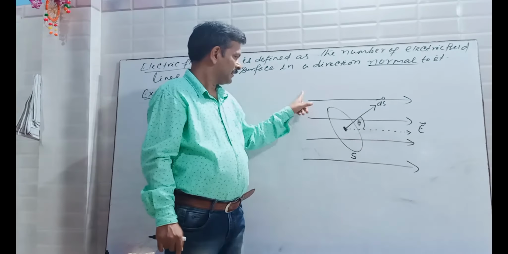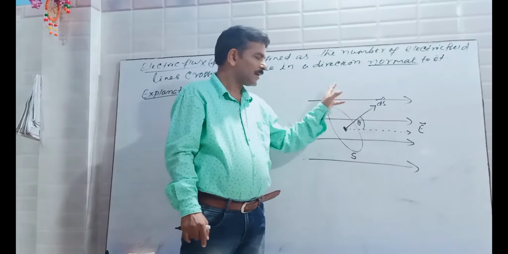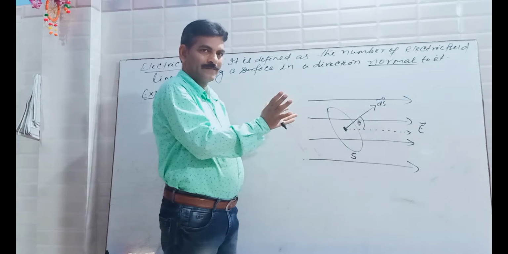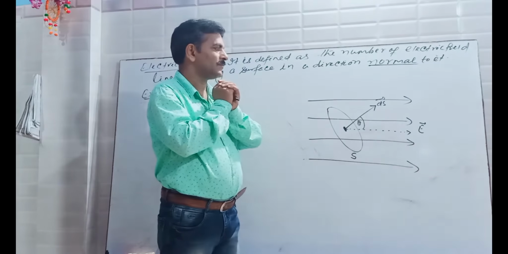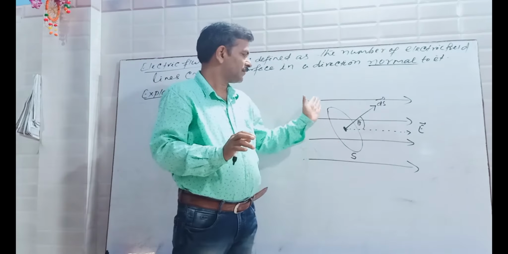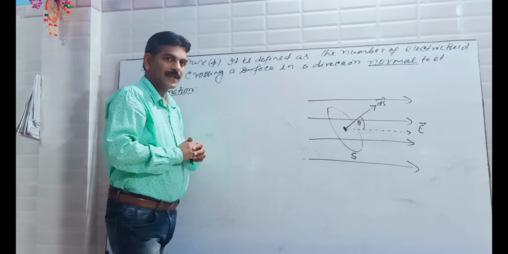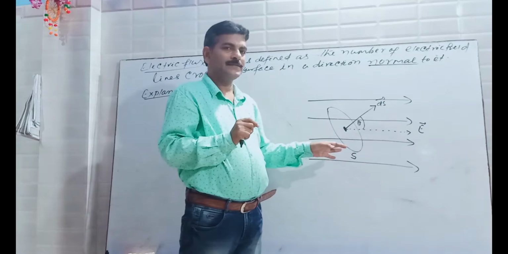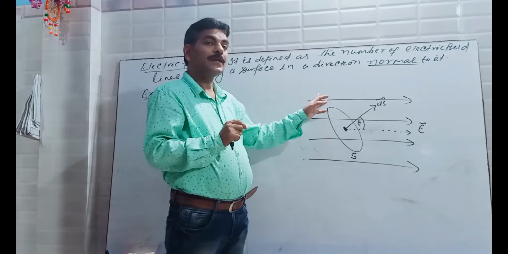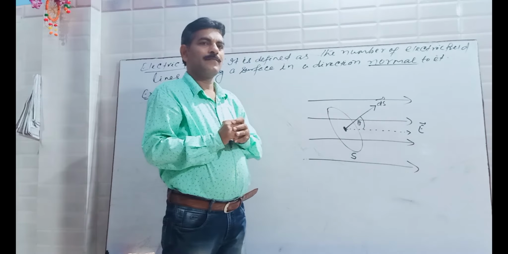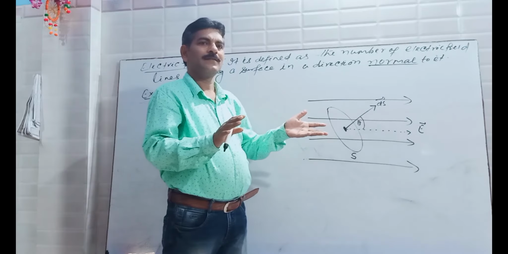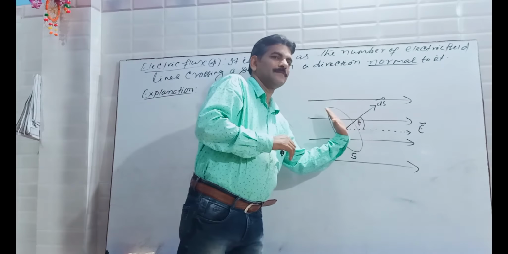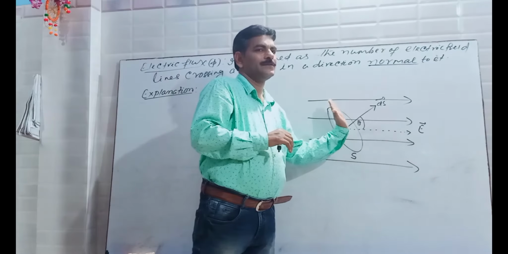In this diagram, the electric field is not perpendicular to the surface. It is visible from the diagram. If I ask you how many electric field lines are perpendicular to the surface, can anybody tell me from this diagram? By looking, nobody can say. It is zero, just below the surface. But actually it is not zero.